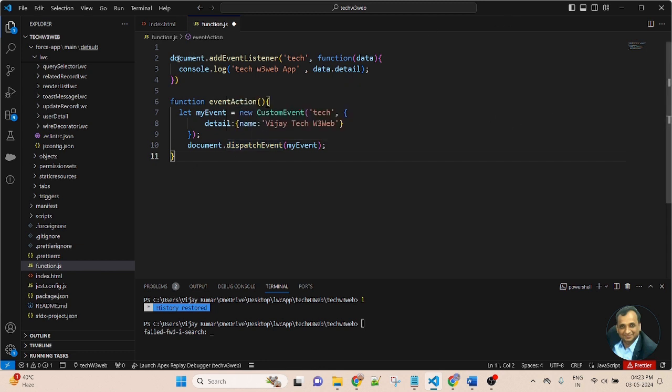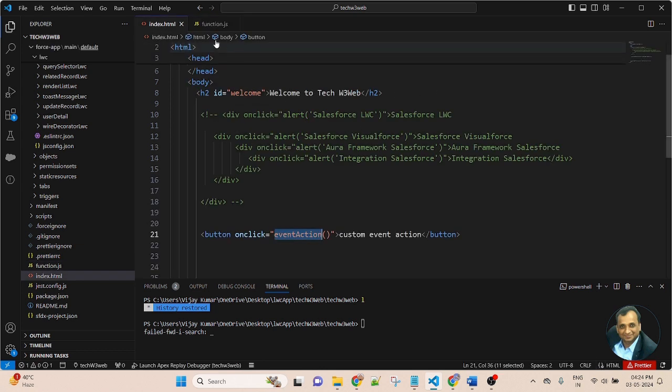After that, document.addEventListener, the listener event function takes the tech, that is the custom event name coming from here, and inside that event listener I am using function event and data, then console.log, and here I am passing data.detail coming from here. Now save the file.